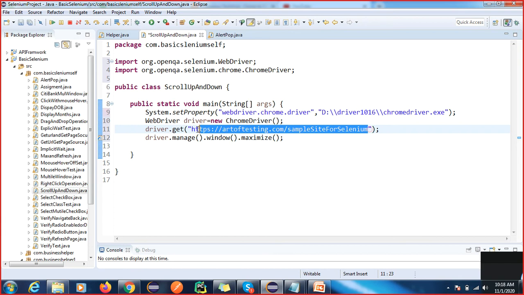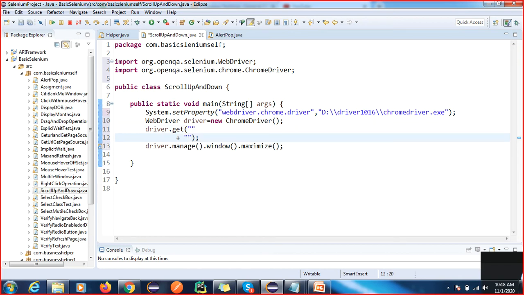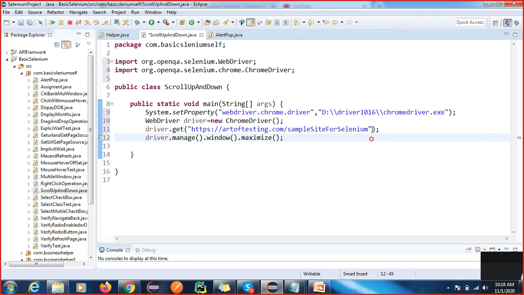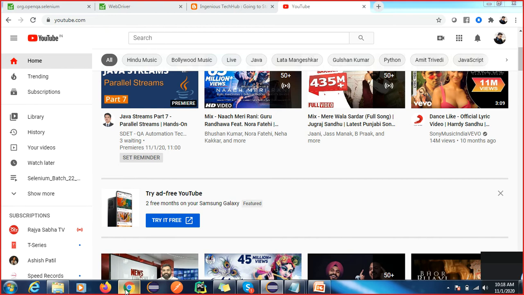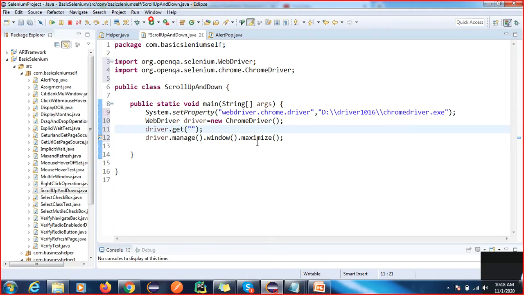Just remove this URL. We can perform it here also, but I'm going to perform the operation on the YouTube website. Okay, so now you can put an explicit wait here, but it's not required.